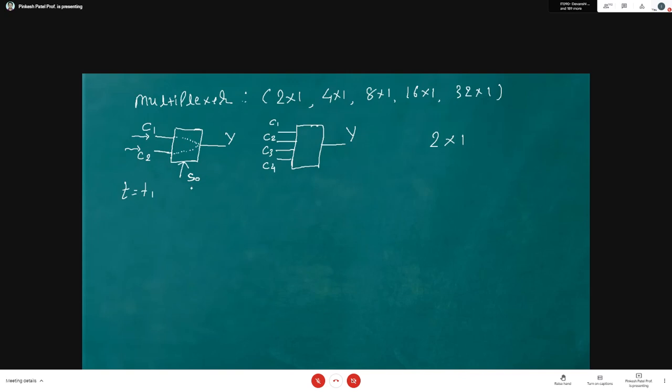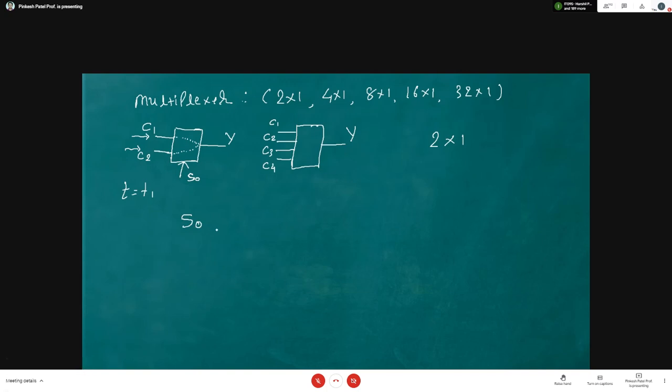Now the status of S0 is either 1 or 0. Let me write down a truth table of the 2x1 multiplexer.